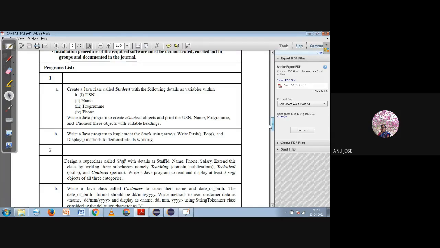And also one more thing was mentioned: what is the action you need to do on this object. That also was mentioned. Print USN, name, program and phone number. So no other actions related to the student details were asked. Like in the example we did in the last class, a dog class, there we had multiple member functions. Instead of that, here we have two functions. One is to print those details, and the other one is reading those details from the user. These are the two things you need to do as functions, and the variables are USN, name, program, and phone number. Can you do this program?